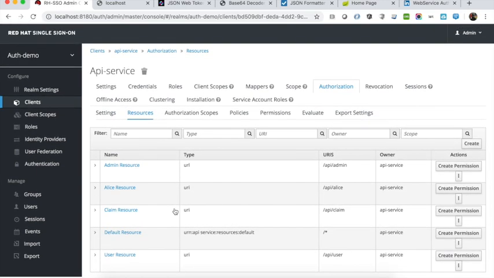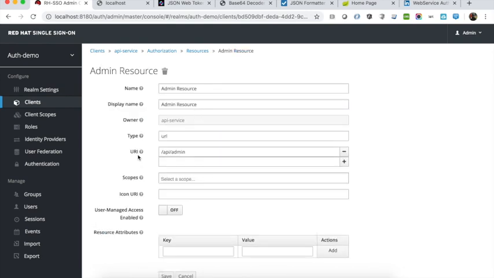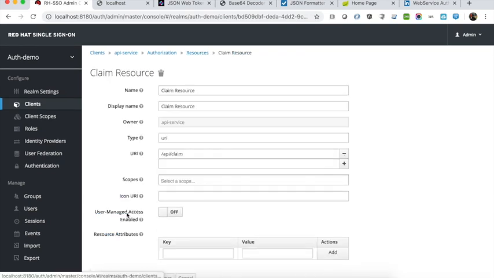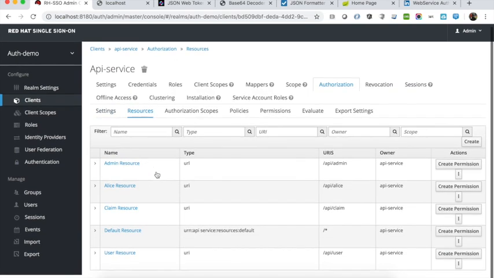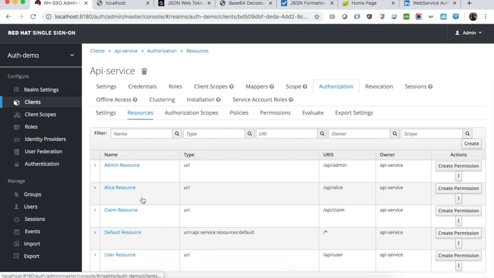For our demo today, we have defined the admin resource, claim resource, and user resource. If you quickly look at, for example, the admin resource, it is mapped to a URI, which is /API/admin, and the type is something very generic we identify. For us, all the resources are URIs or URLs. Also the claim resource is again /API/claim. So we have three resources we're going to use in our demo today: the admin resource, the claim resource, and